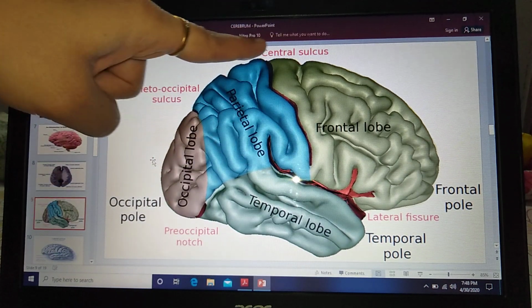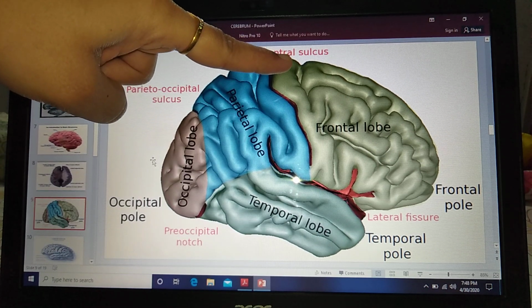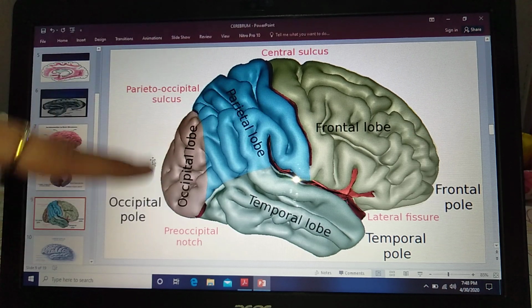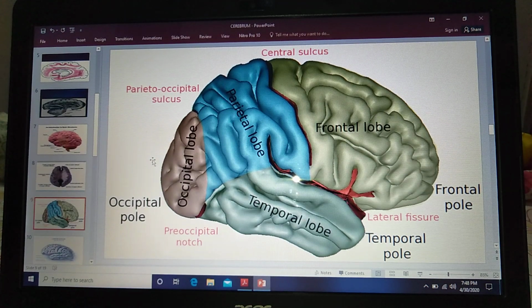Once again I will speak. The central sulcus begins on the superomedial border of the hemisphere, a little behind the midpoint between the frontal and the occipital poles. It runs on the superolateral surface obliquely downwards and forwards and ends a little above the posterior ramus of the lateral sulcus. Next is the lateral sulcus. It is seen that the lateral sulcus separates the orbital and the tentorial parts of the inferior surface. Laterally, this sulcus reaches the superolateral surface, where it divides into anterior, ascending and posterior branches, right?